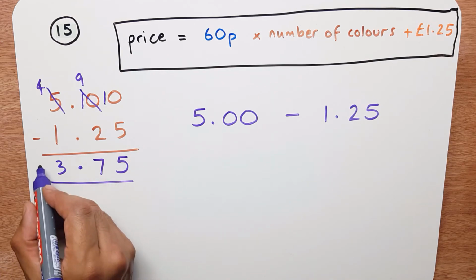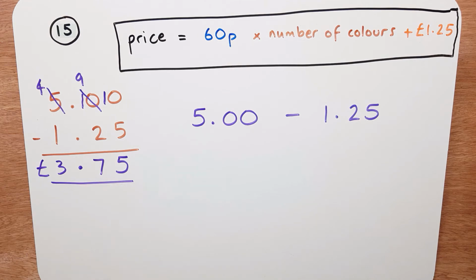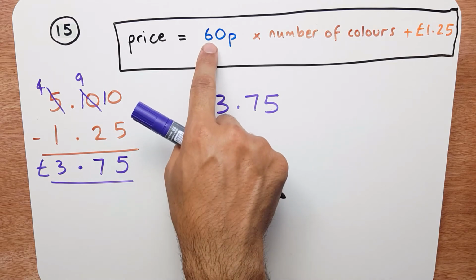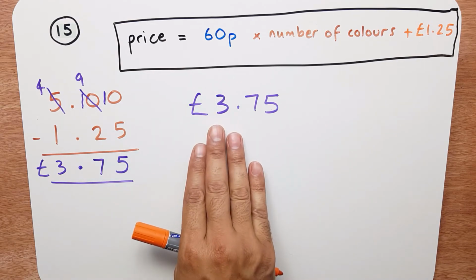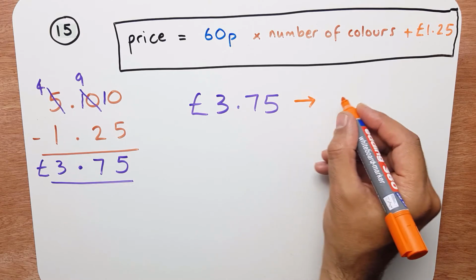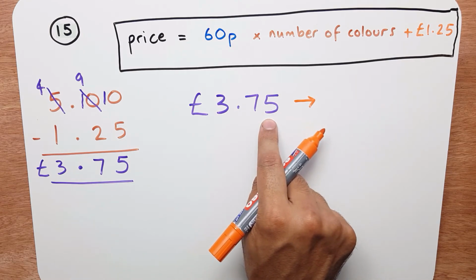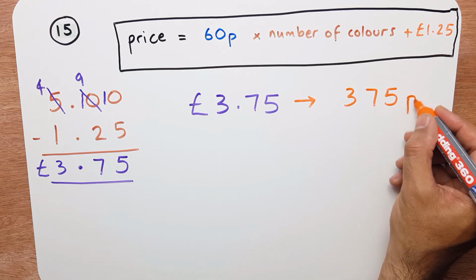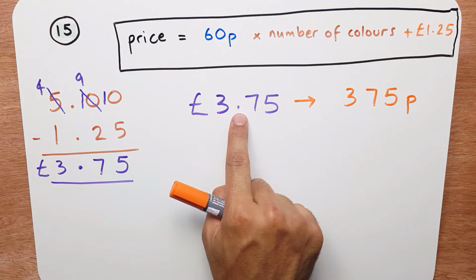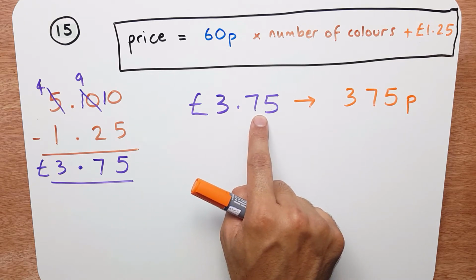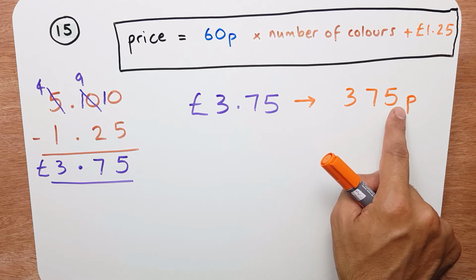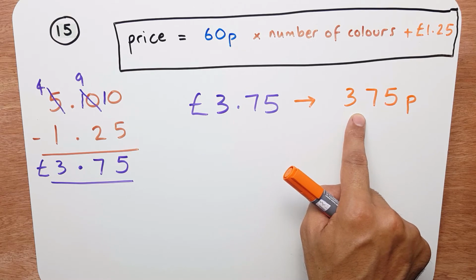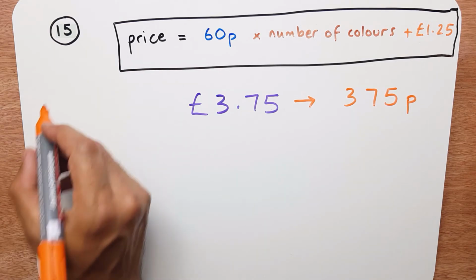And that's like saying £3.75. So we have £3.75 to spend on colours, and each colour costs 60 pence. Now one way of doing this is turn this into pence. So £3.75 is 375 pence, because we said you move the decimal point 2 times to the right. So the decimal point's there now. Now, how can we find out how many 60 pences are in there? So let's start. 60